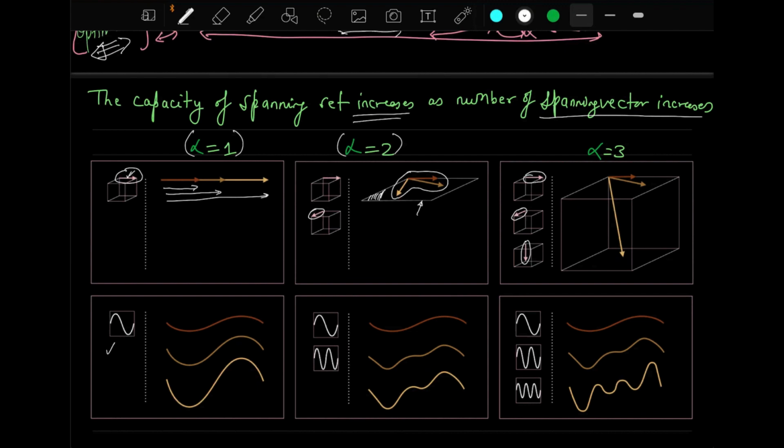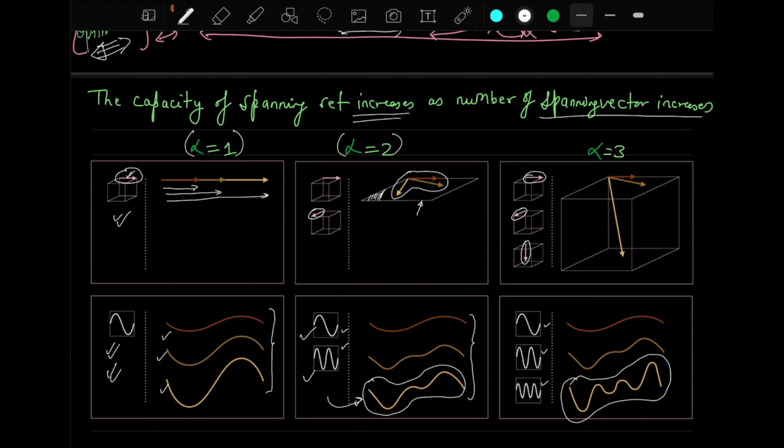And a similar realization holds for functions. So this is for vectors and this is for functions. If you have a sine function, then you can have various sine realizations which can vary in terms of frequency. But if you have two sine functions like this, then you can have a slightly more complex version of the sine function. As you can see, this is a complex version, whereas these are pure sine waves with different phase and frequency. Here you have a complex function realized because you have added two basis functions. And similarly here you have added three, so you can have more complex functions.